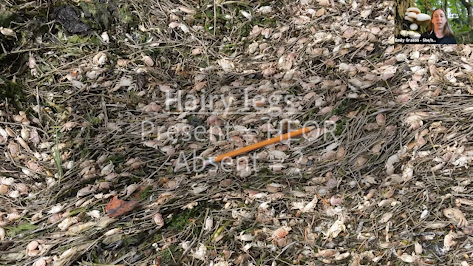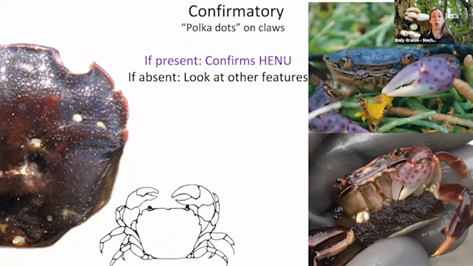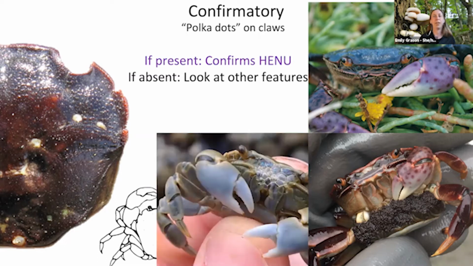Now for purple shore crabs, a confirmatory feature is those polka dots on the claws. If you have polka dots, and we're talking about pretty large, evenly spaced dots on the claws of the crabs, you know you have a purple shore crab. However, if those dots are absent, you need to look at other features. The reason for this is that sometimes the crabs are missing their claws, as in the case of this bottom gravid female. Or sometimes the coloration of purple shore crabs isn't what we'd expect,